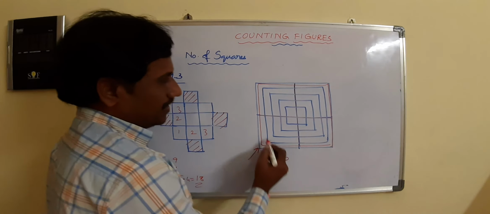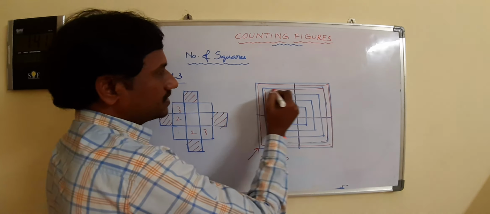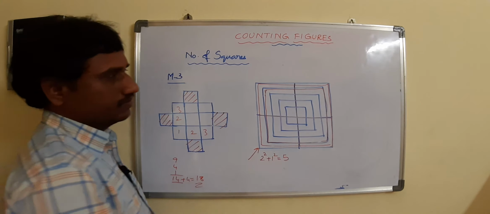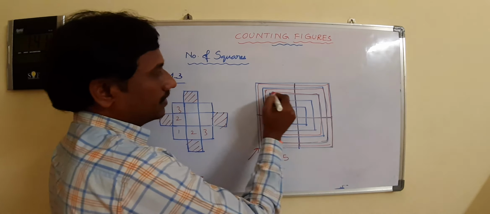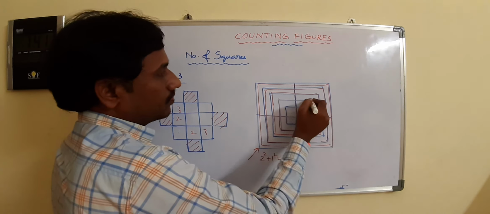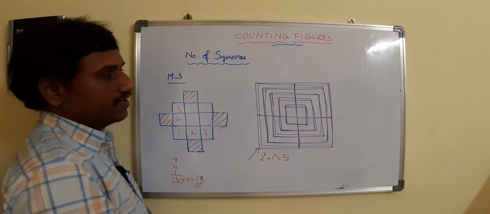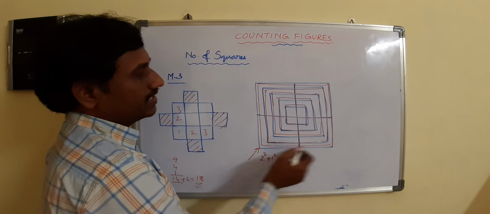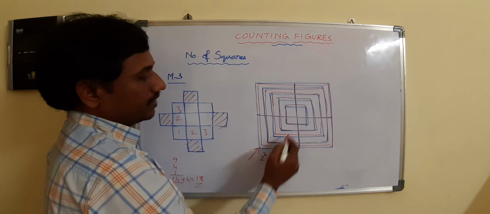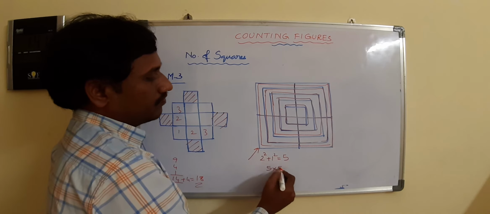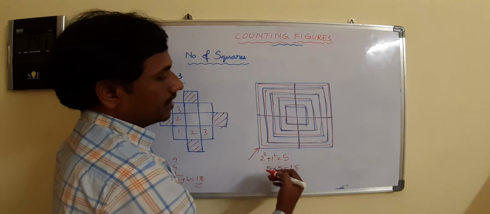Then inside also we are having the same structure or not? Yes. And because of this again we are having one more 5. Because of this we are having one more 5. And because of this also one more 5. Because of this also one more 5. That means how to do it? Simply count how many squares we are having. 1, 2, 3, 4, 5. 5 into 5. Why? Because of each combination we are having 5. Then total number of squares we are having is 25.